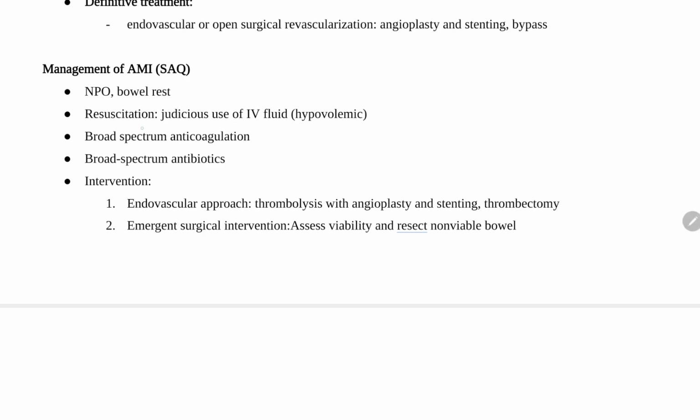And resuscitation by supportive treatment with judicious IV fluid. If the patient is hypovolemic, give fluid adequately to correct the hypovolemia, and to maintain the ongoing demand. And then give broad spectrum antibiotics, of course, because in mesenteric ischemia,